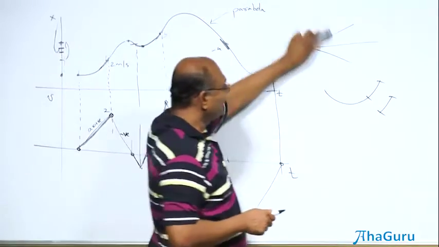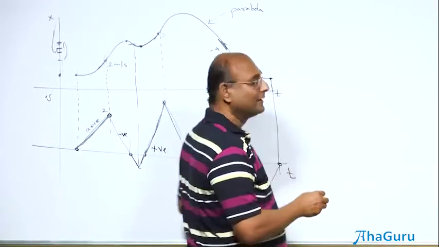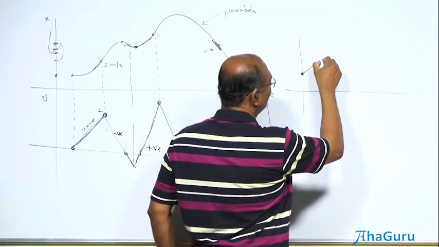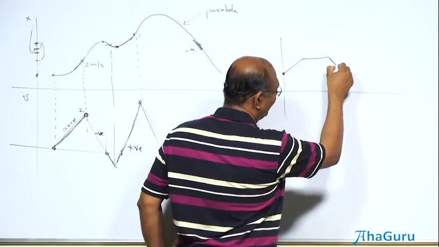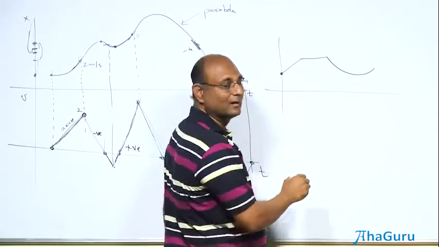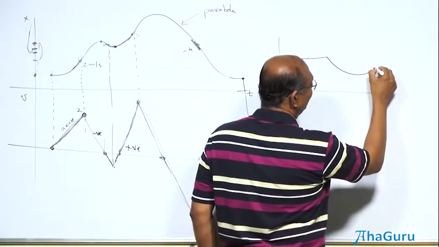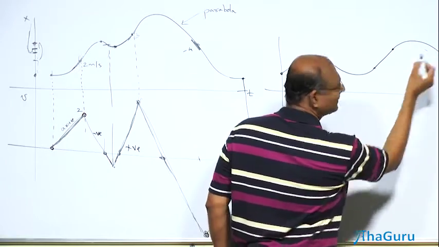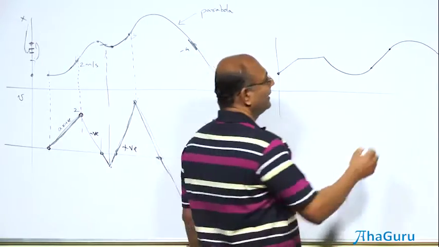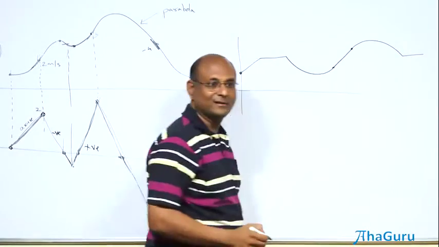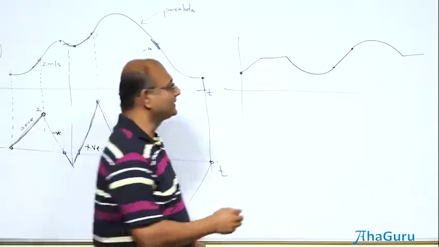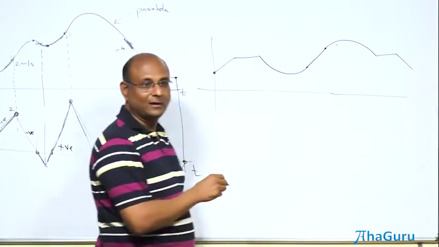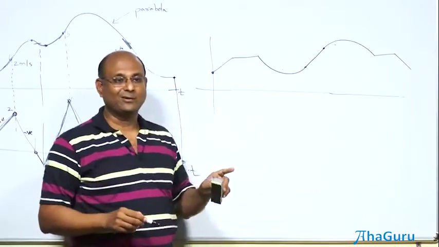So if I now think about an XT graph as a bunch of straight lines, I can think like this. I can say, let us start like this, like that. Now I want a parabola like this. Then at this point you can have a straight line. Now you can decide at this point I want a parabola like that. Okay. Then you can say from here I'm going to go like this. Now you've got a whole bunch of different kinds of lines. You can in fact even decide you want to come down. I've got one parabola, second parabola. Now these make it a little messy on the XT graph.